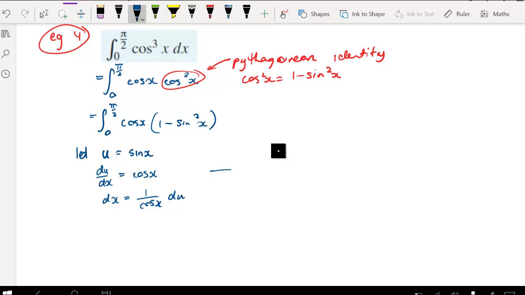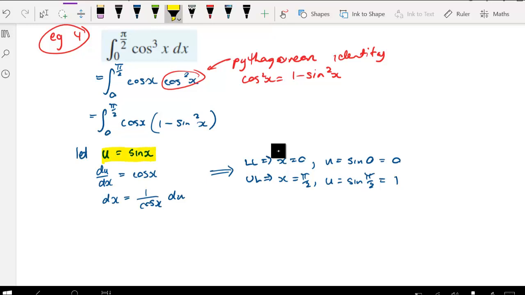Now at the same time, we can say the lower limit, x is equal to 0, and therefore u is equal to sine of 0, which will be 0, and the upper limit, x is equal to pi on 2, so u is equal to sine pi on 2, which is equal to 1. Keep in mind we're just subbing in u is equal to sine x, and so we can rewrite this problem, the integral between pi on 2 and 0 of cos cubed x dx as the integral between 1 and 0